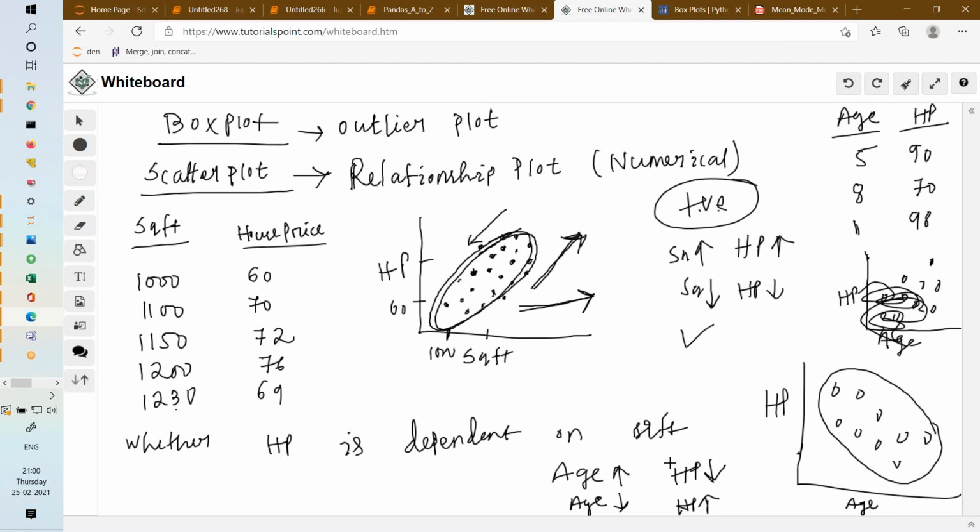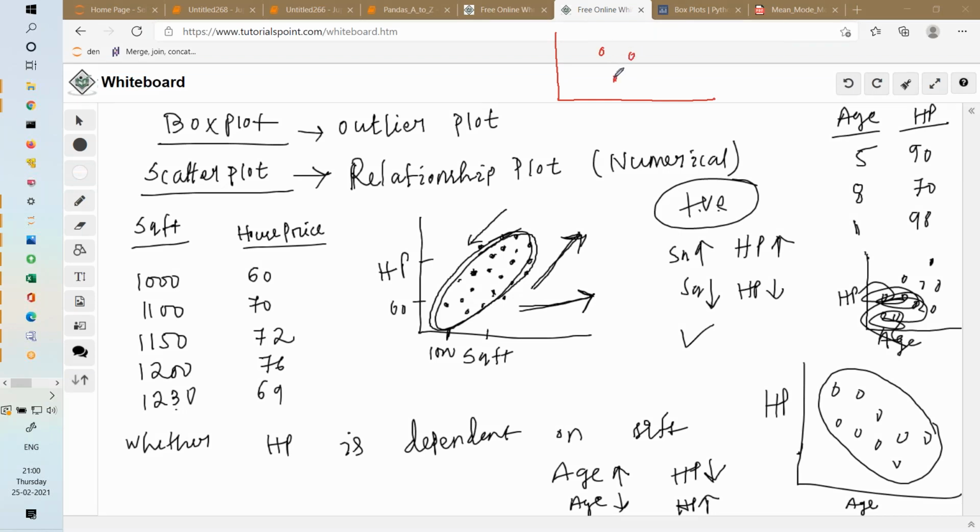If somebody is telling you negatively correlated, immediately you need to think, okay, if one is increasing, the other will decrease. If the other is increasing, this will decrease, right? Negatively and positively correlated. Now, let's say one more example. Let's say number of bedrooms and then the house price. Let's say in this case, house price is not dependent on this particular number of bedrooms.